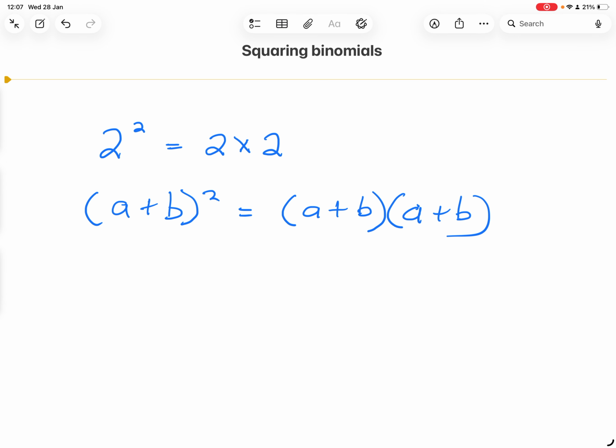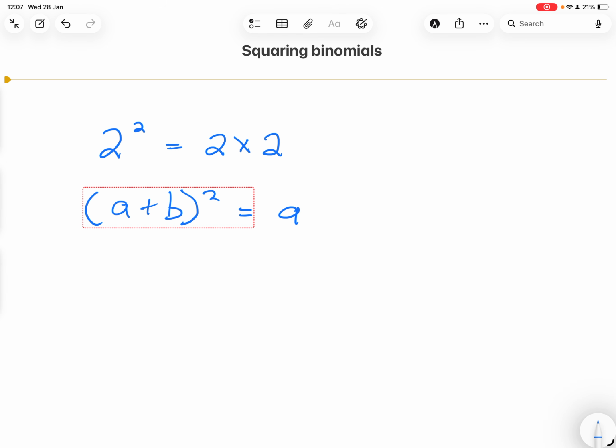Now please note, a very common mistake is that when you get something like this, you assume that it will give us a squared plus b squared. Please note, this is not the case. So in order for us to do it properly, what you simply do is say a plus b